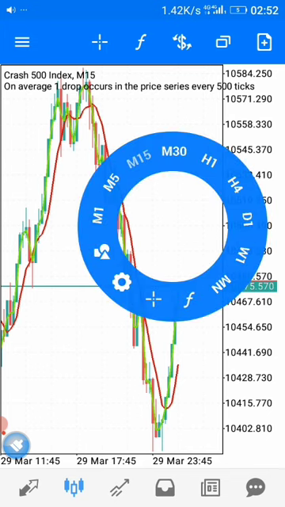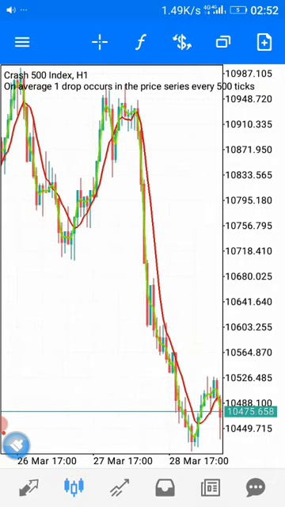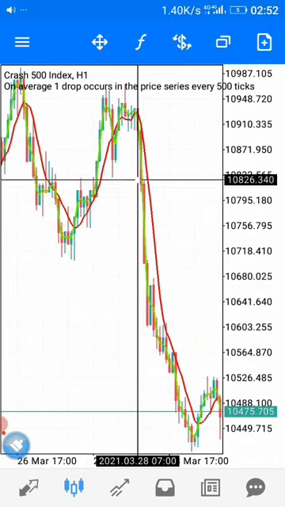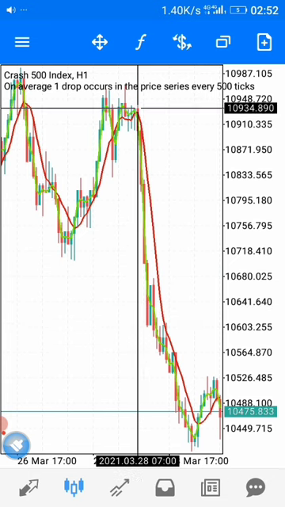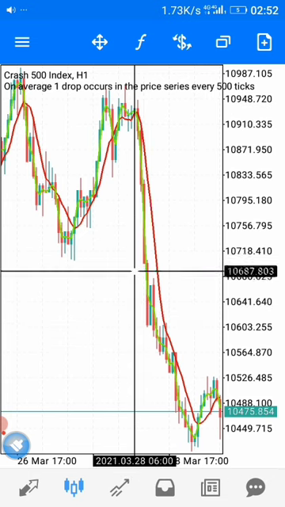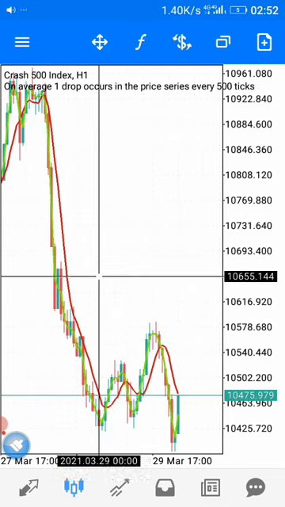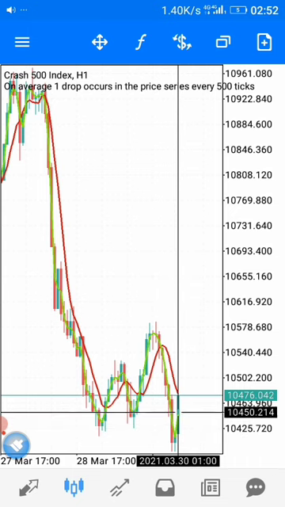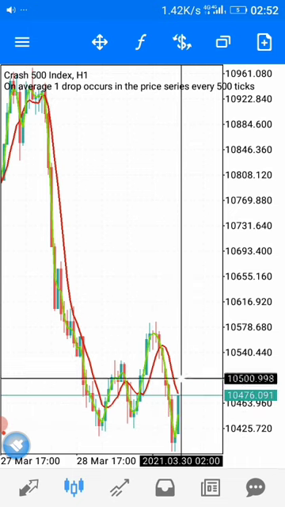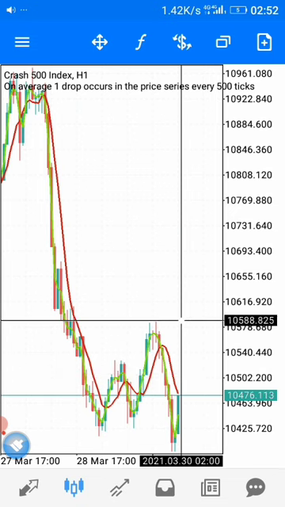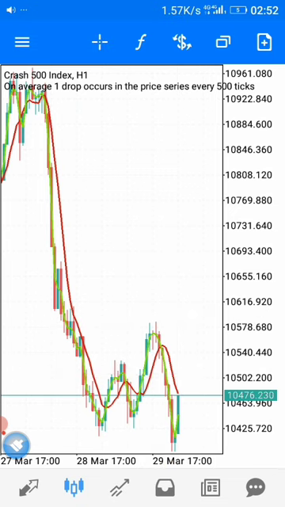Now this same condition was met yesterday on Crash 500, the same Crash 500 on 1 hour time frame, and then it crashed long term, for almost a whole day. The condition was met here, and then you can see the crash up to this point. Now the condition is also about to be met somewhere here, and then we're going to have bullish movement almost throughout today. So that's basically it, and there are many simple ways you can use to identify the trend of the market in order for you to keep making good profits in the financial market.